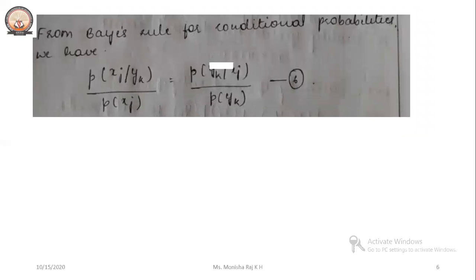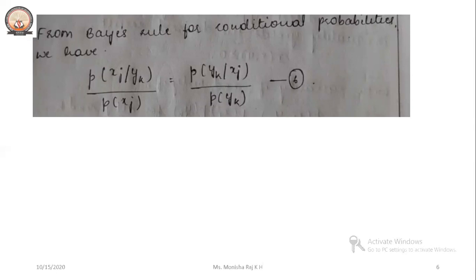This is because, as I told, P(xj,yk) equals P(yk|xj) into P(xj). Substituting H(X|Y) = summation k = 0 to K-1 into summation j = 0 to J-1 P(xj,yk) into log of 1 by P(xj|yk)